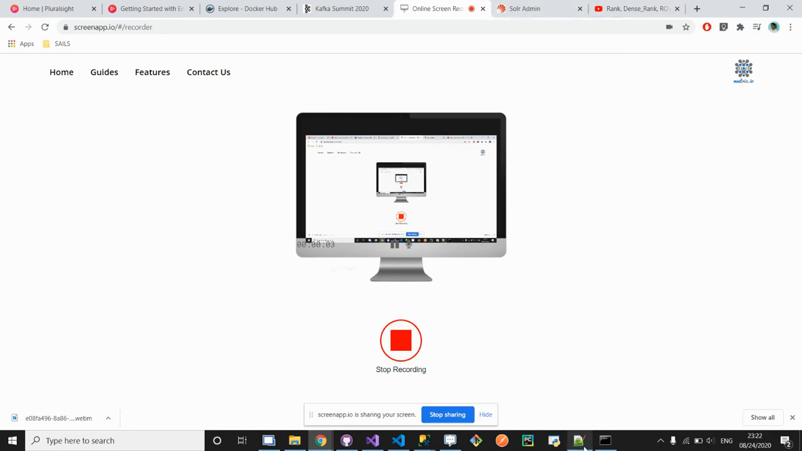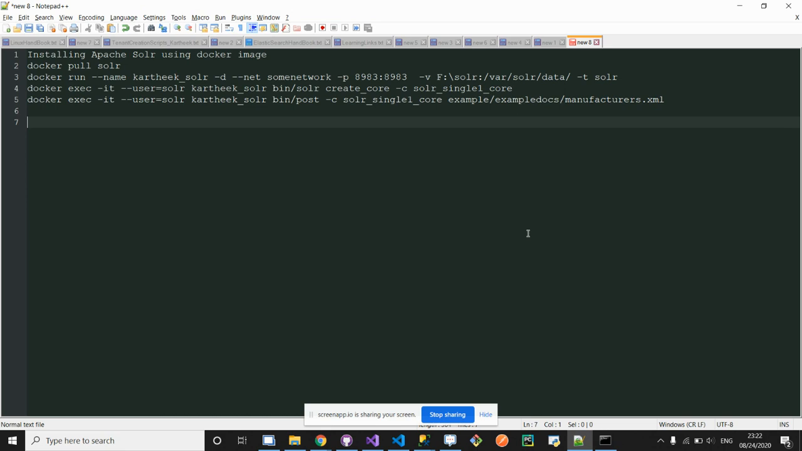Hello, this is Karthik. Today I want to show you installing Apache Solr using a Docker image. First of all, the agenda is to pull the Docker image of Apache Solr from the official image, and after that we will try to run it as a container. Then I will show you